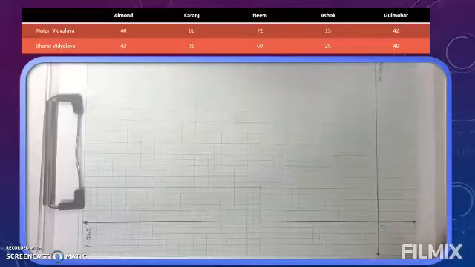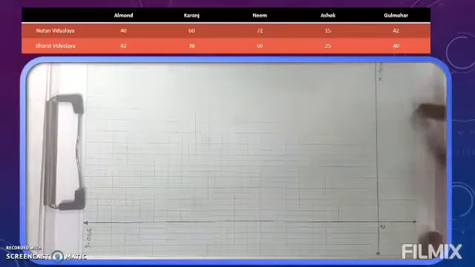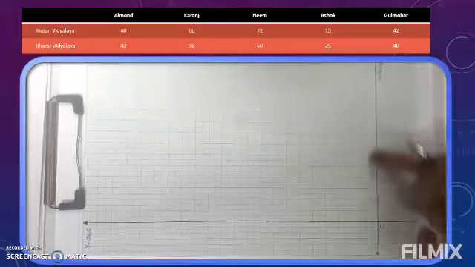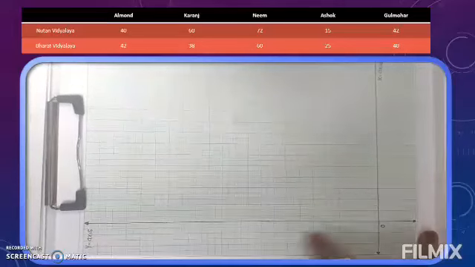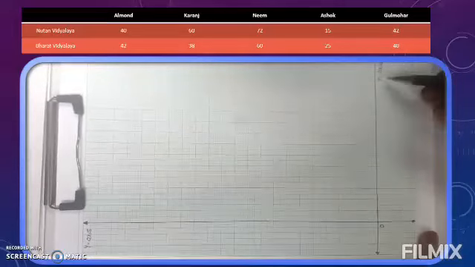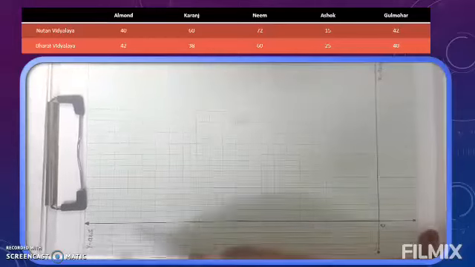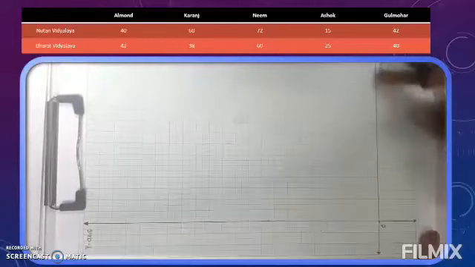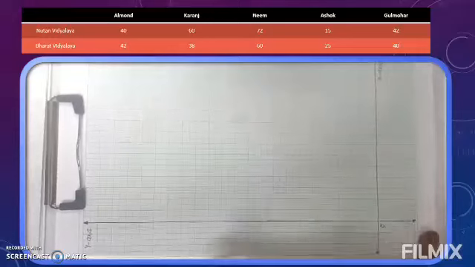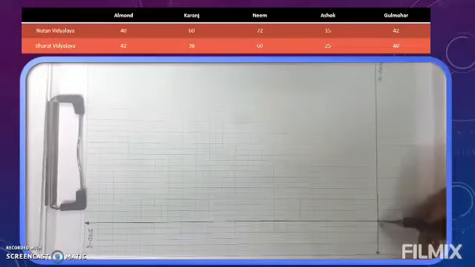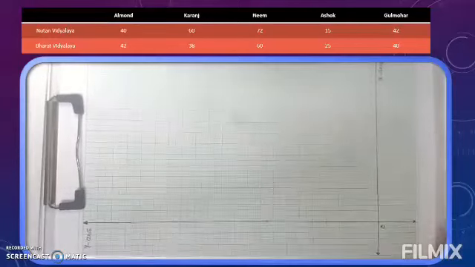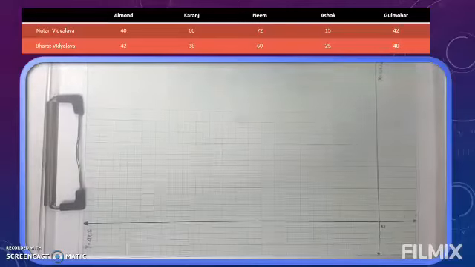So the beginning for all the graphs will be same. We will leave certain boxes from down and we will draw x-axis. For y-axis also we will do the same thing. Compulsorily you have to write here x-axis and y-axis. Horizontal one is x-axis. Vertical line is nothing but y-axis. Where both the lines are intersecting each other, that point you have to label as 0.